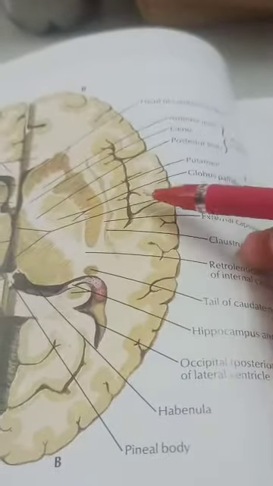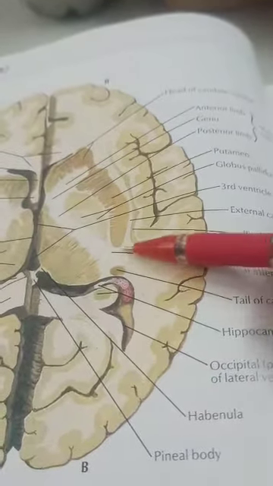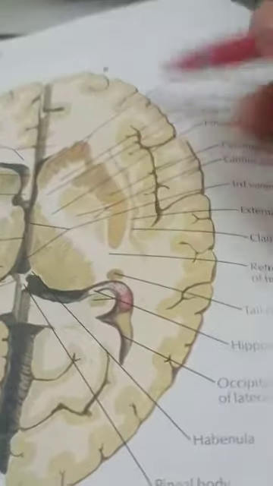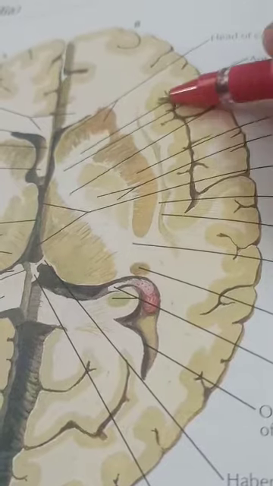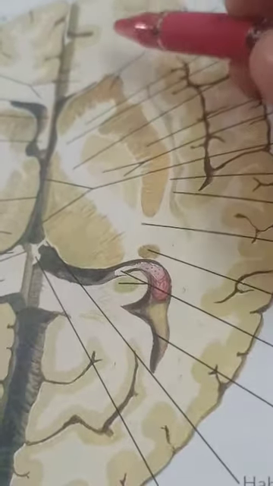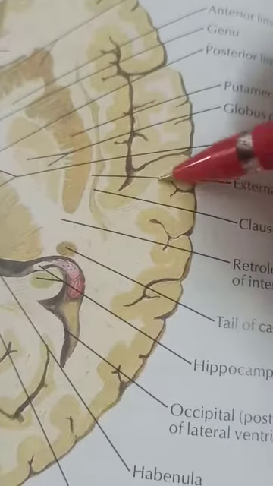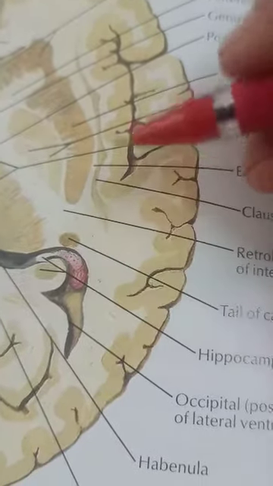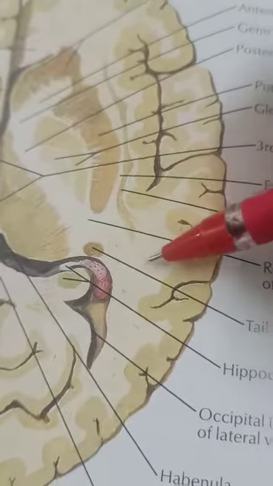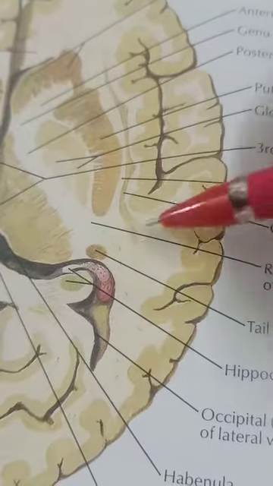In the structure of the cerebrum, the outer part is grey matter, and the inner part is white matter. Here we can see the white matter. The yellow shades are the grey matter of the cerebrum, and below the grey matter comes the white matter. The grey matter is formed by the aggregation of cell bodies of the neurons, and below that we can see the white matter, which is formed by the aggregation of axons. So the outer part is grey matter and the inner is white matter.